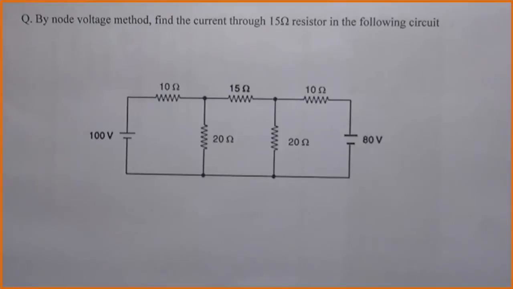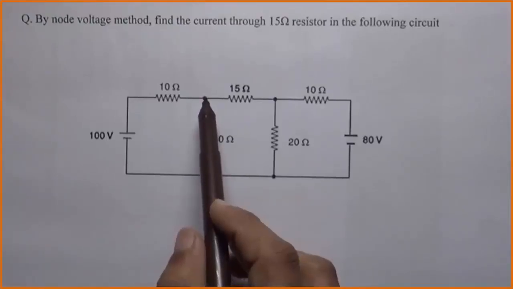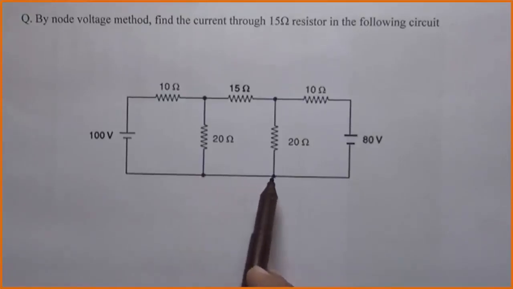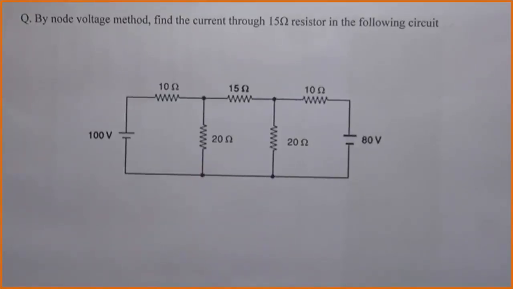From the definition, we know that every junction of network where 3 or more branches are connected together is considered as a node. In the given circuit, there are 4 nodes, 1, 2, 3 and 4, where 2 or more branches are connected together. The lower nodes are same, hence they can be connected or joined together and considered as